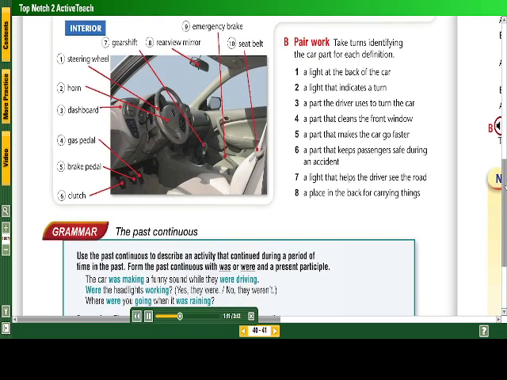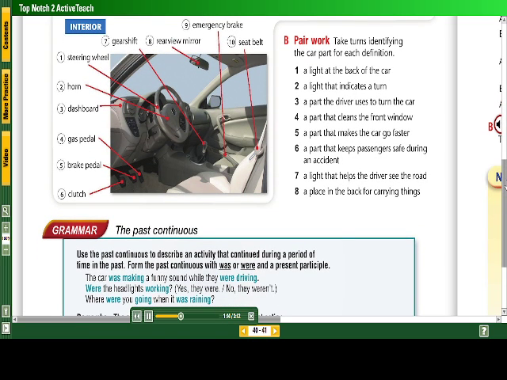Interior. 1, Steering wheel. 2, Horn. 3, Dashboard. 4, Gas pedal. 5, Brake pedal. 6, Clutch. 7, Gear shift. 8, Rear view mirror. 9, Emergency brake. 10, Seat belt.